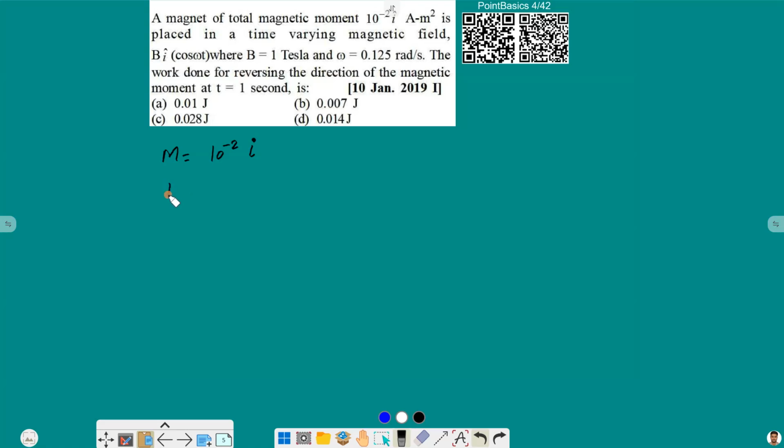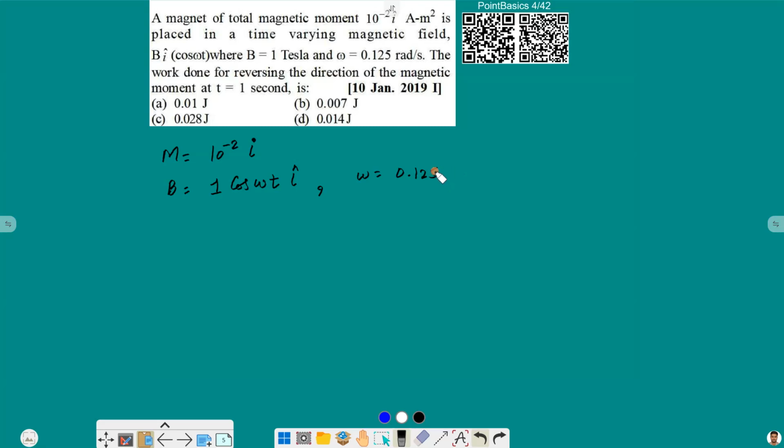And the magnetic field is B cos omega t, where B is 1. So we can say 1 cos omega t, and omega is also mentioned, and that is also in the I. And omega is 0.125. The work done for reversing the direction of the magnetic moment at t is equal to